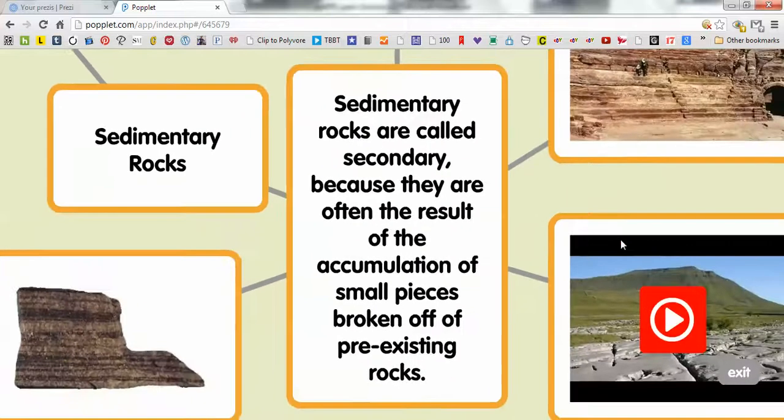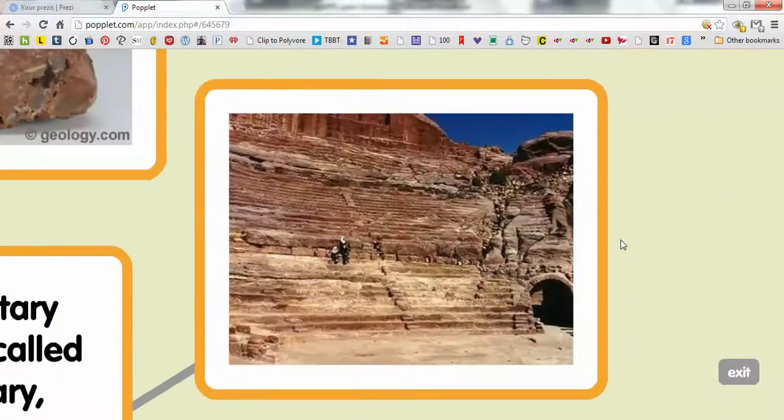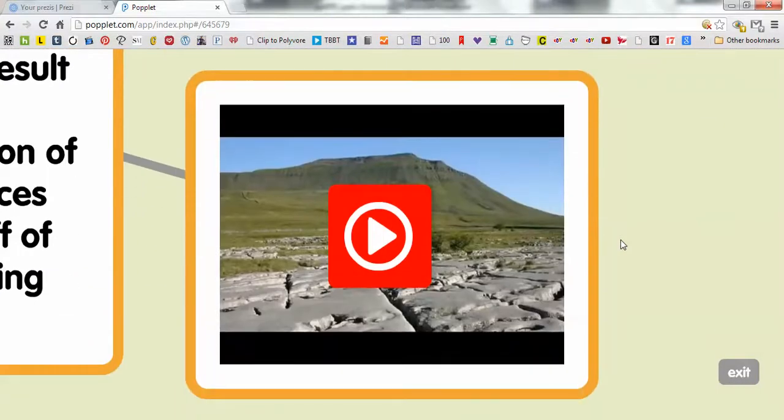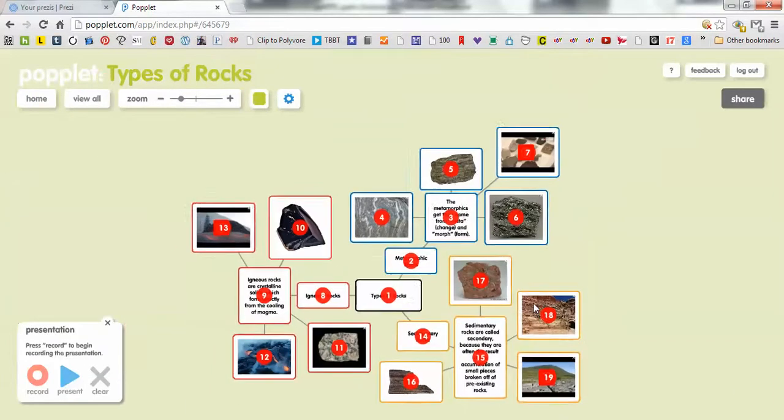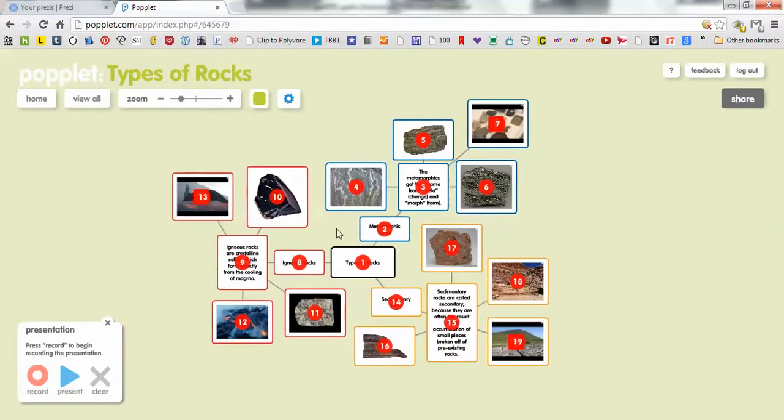You have your last three lovely pictures of rocks, and then your last video, which mine does not work. Okay, but this is basically just your basic